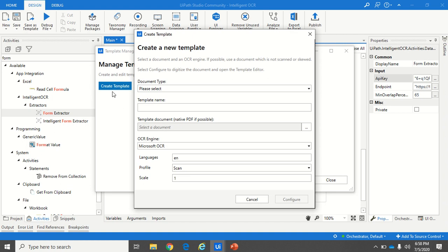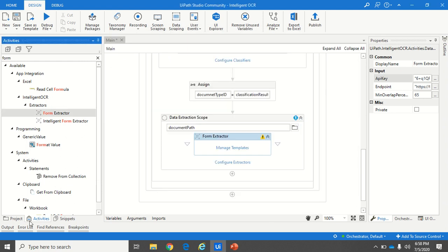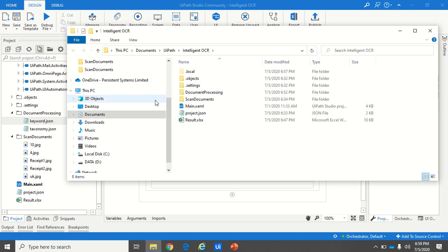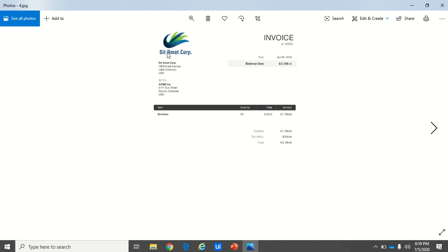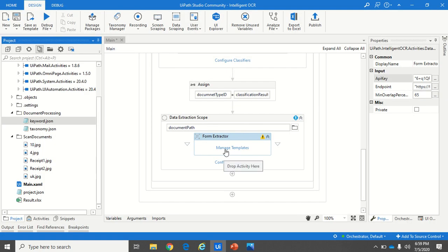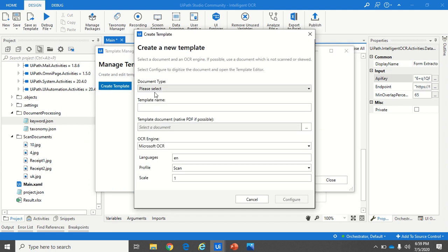Click on manage template, then click on create template, then we will see invoice. And for invoice, we have different types of invoice. Let me cancel this. Let me close this. Open and then documents. Yeah, I'll open this, and now move on to manage template. Here the template manager is opening, then we'll create template, then select invoice, and then we'll create a template